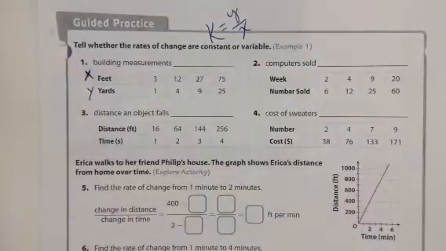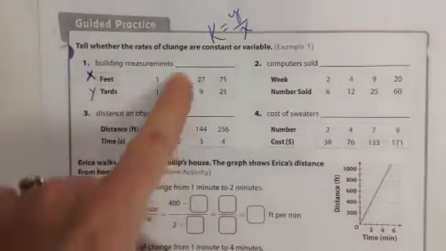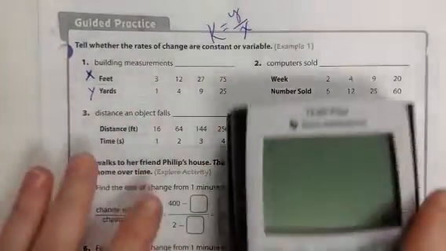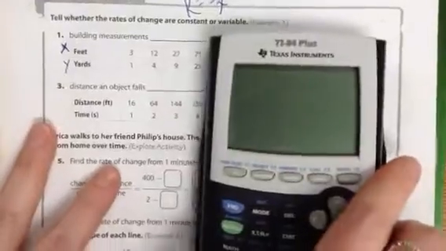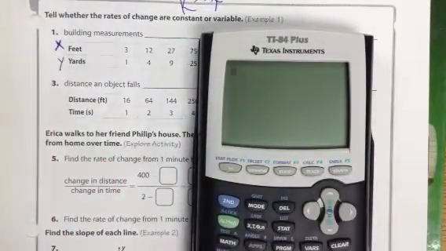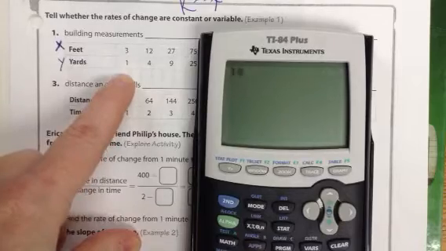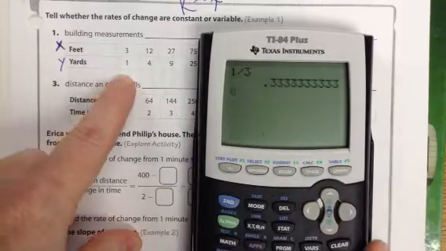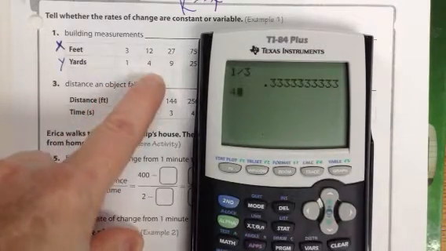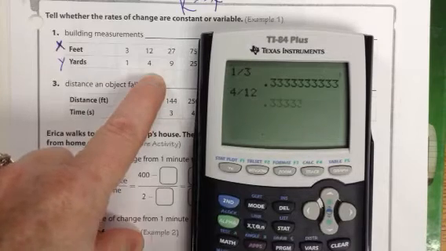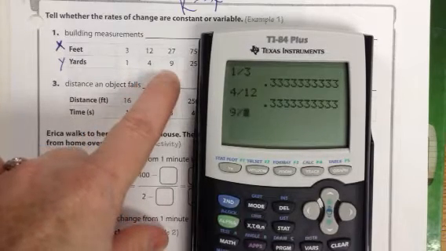If I get the same number every single time, that will tell me that that table has a constant, and that's telling me it's proportional. Like I could write the equation like y equals kx. So I'm going to take 1 divided by 3. I'm just going to leave my answer on there so I can see if it changes as I go. 4 divided by 12, 9 divided by 27,